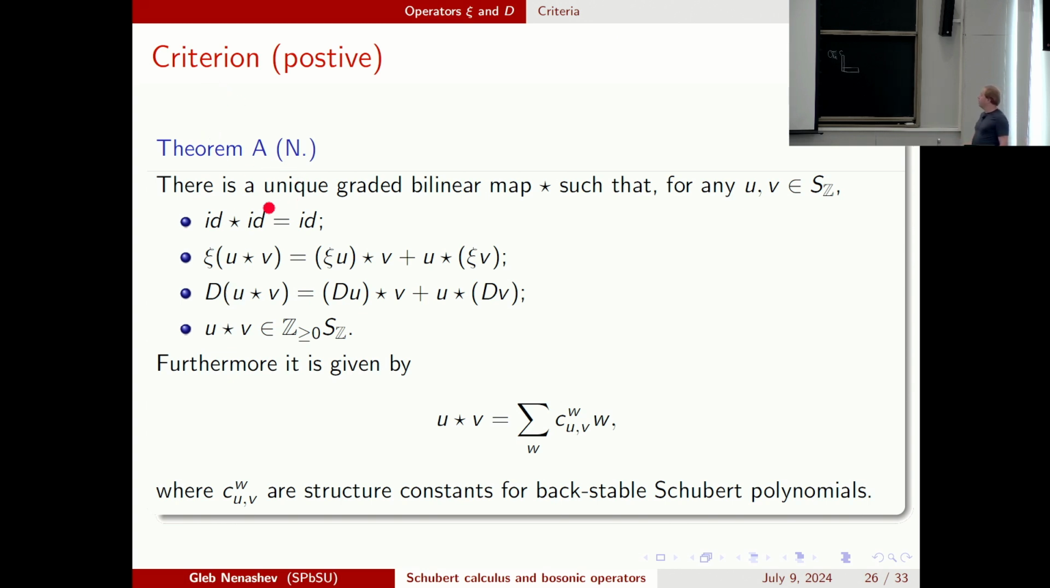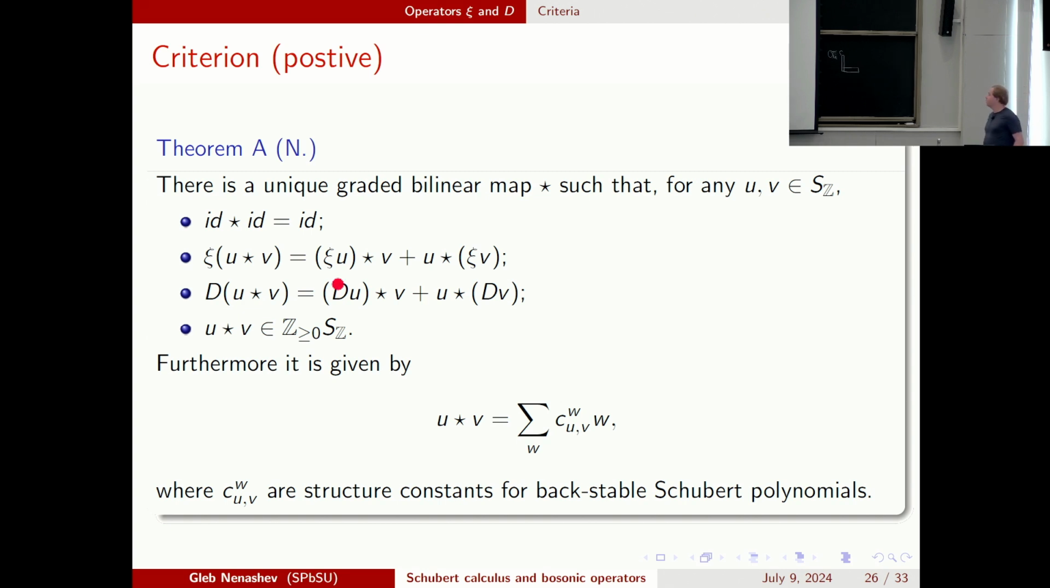It's again bilinear. So if we multiply permutations of length 5 and 4, we will have only a sum of permutations of length 9. It satisfies the Leibniz rule for Xi and D. And one more property, which is not really necessary, but here we need a bit: that all coefficients are non-negative